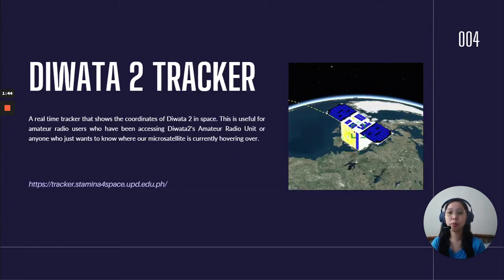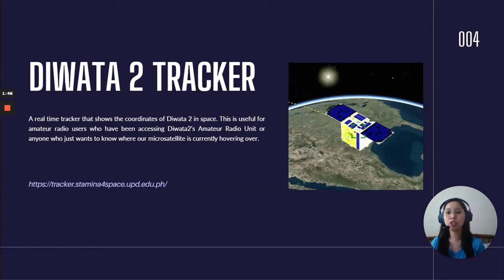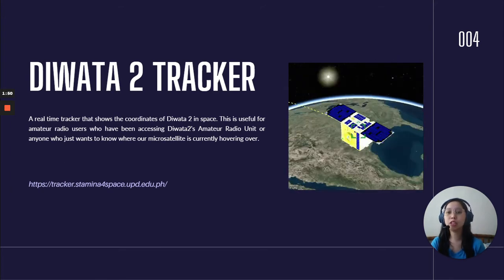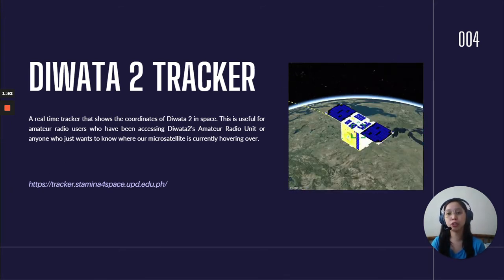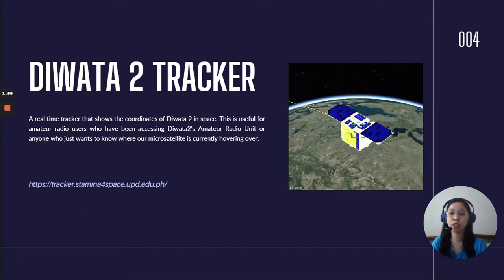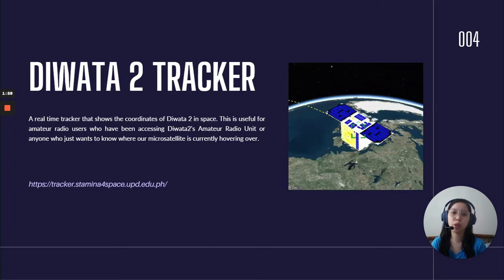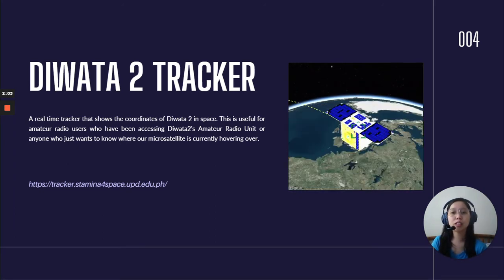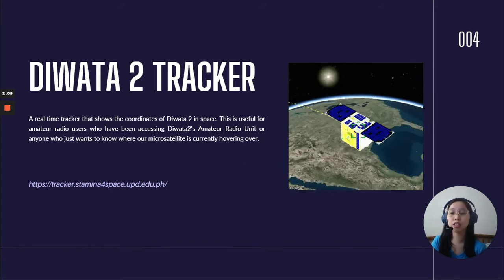The tracker that we made is a real-time tracker that shows the coordinates of Diwata2 in space. This is useful for amateur radio users who have been accessing Diwata2's amateur radio unit or anyone who just wants to know where our microsatellite is currently hovering over. Let us now visit the tracker at